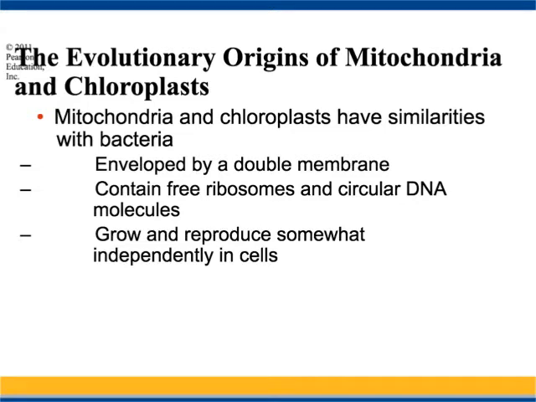Okay. So mitochondria and chloroplasts have a lot of similarities with bacteria, in the fact that they both have this double membrane. They both also have free ribosomes, which we know make protein, as well as their own circular DNA, which is really neat. Your mitochondrial DNA